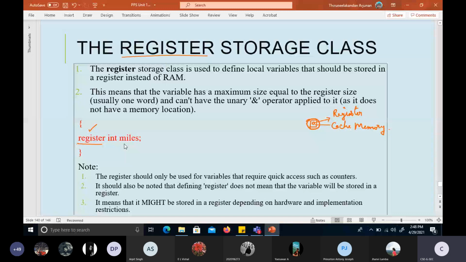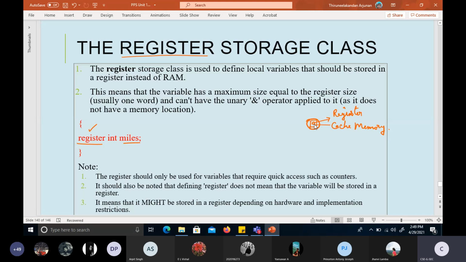we can demand, but the computer will take the ownership of either declaring miles to be a register variable, or, if the register memory is occupied with other important information, it will give it to the cache memory, or the RAM, or else the hard disk's memory for storage.